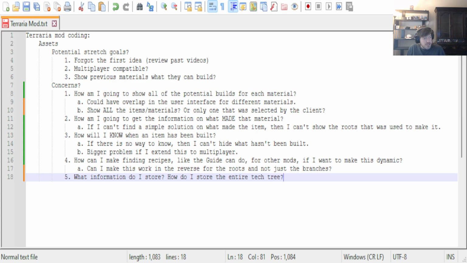Because I'm going to need to store all the information one way or another, right? If the user shuts down the game and comes right back in, I don't necessarily want them going, oh hey, I built this one weapon late game, and I want to see everything that was used to make it. Oh wait, I can't see that anymore, right? That doesn't work. I need to be able to show that information